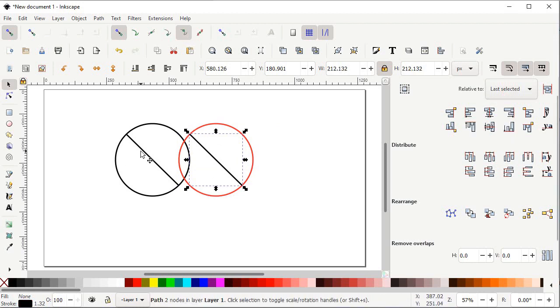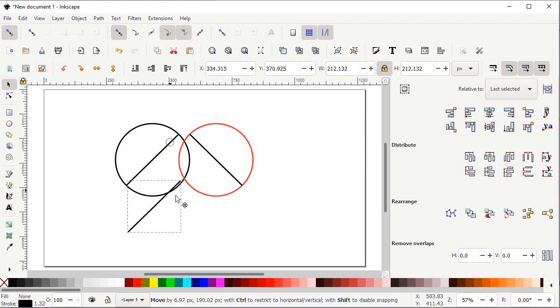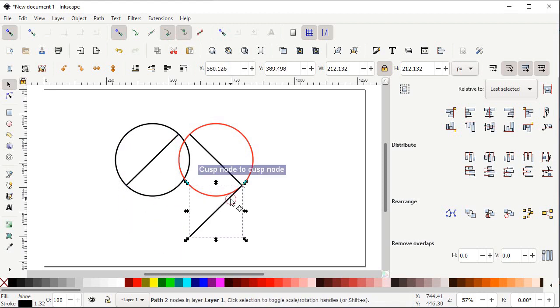Now select this line with the left click of mouse and then left click on this icon which says Flip Selected Objects Horizontally like this. Now again right click and select Duplicate, and now we want to place this corner of this line at this corner of this line. For this purpose we have to turn on another snapping option. So left click on this icon which says Snap to Rectangle Corners like this. Now hold down your left mouse button at this line and drag it towards this point like this.